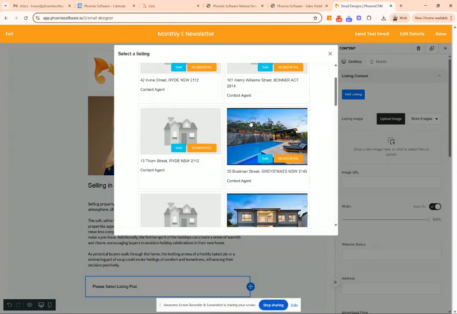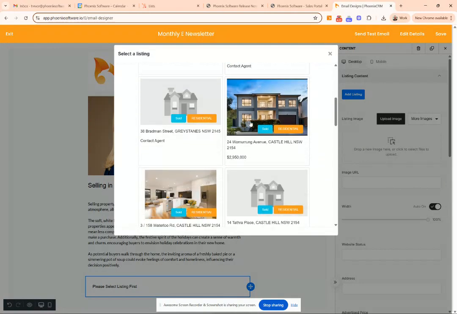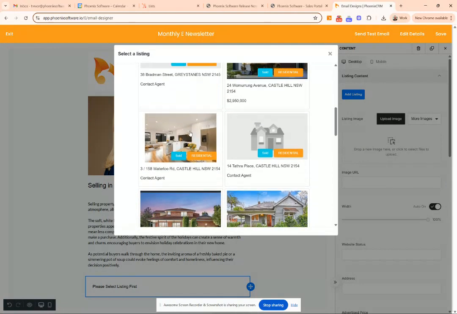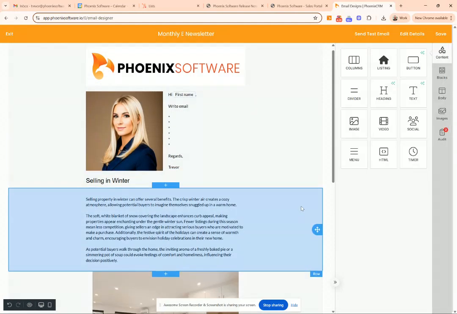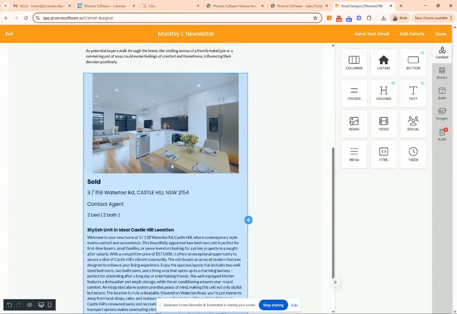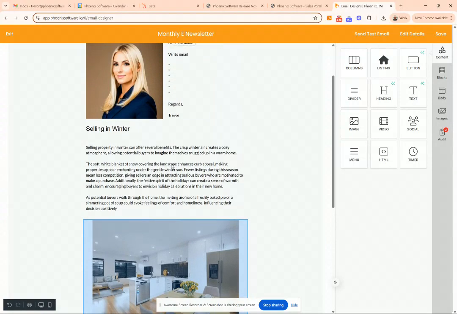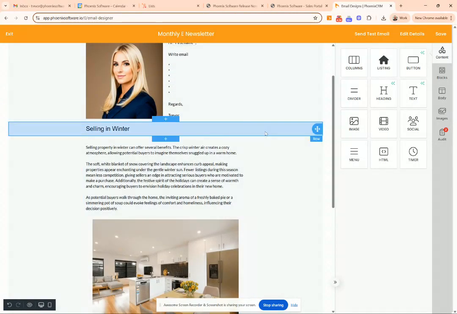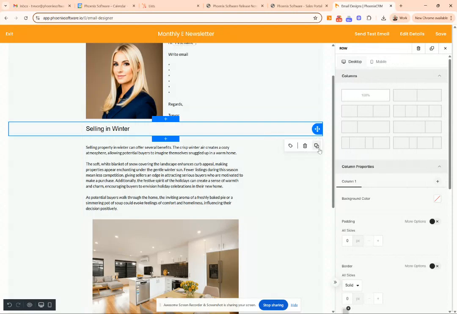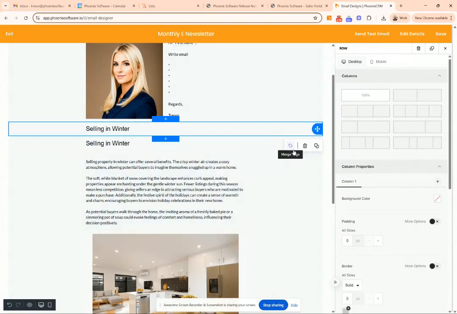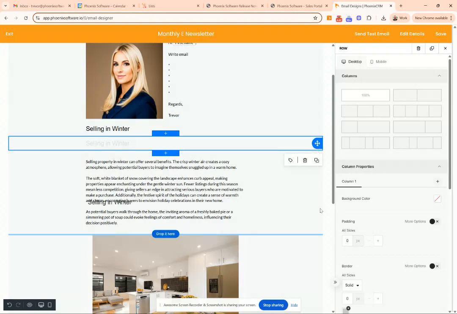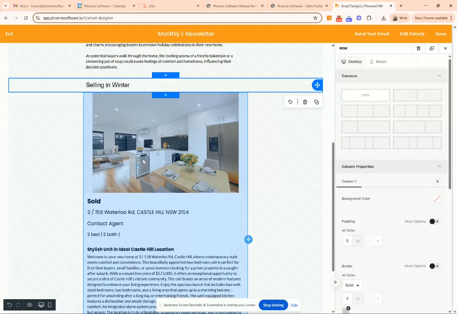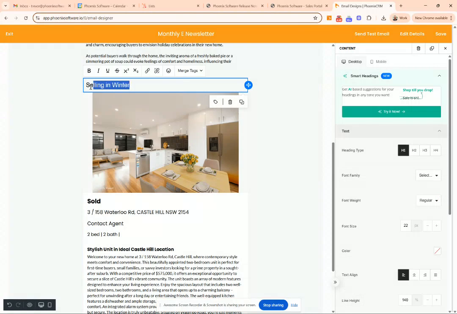This will pull through all of your listings within Phoenix CRM. So you can select the listing and you'll see that it drops it in here. Like before, if you wanted a heading, you could put that in. And a quick tip is, because we're using a block, we can actually duplicate this heading and use it again. So if I wanted to use this one, I could drag it down above the property, and then I could just rename